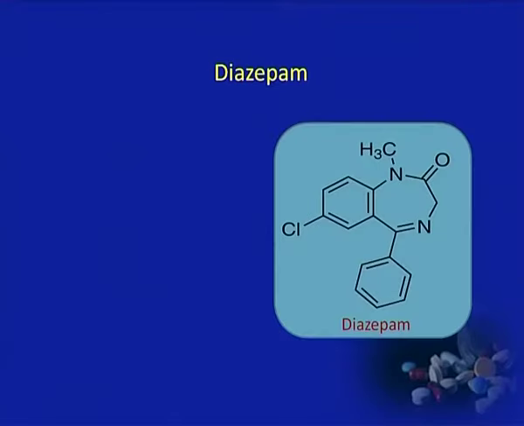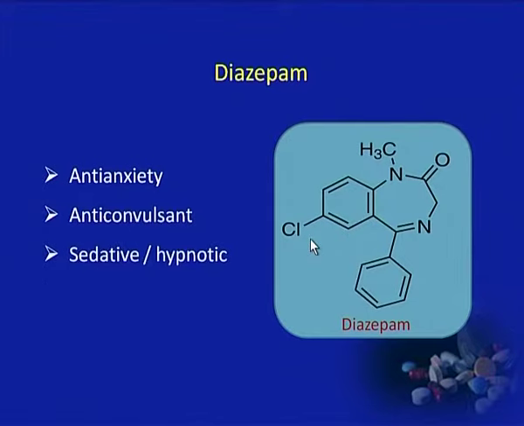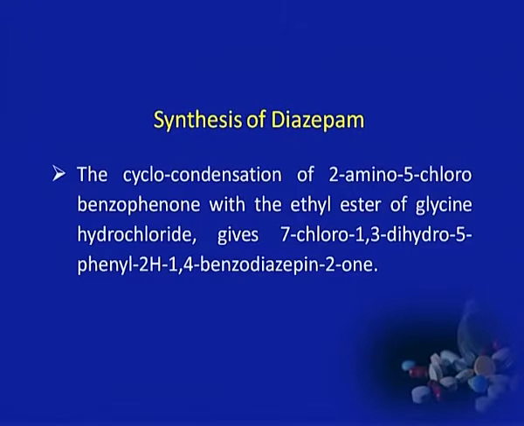Let's discuss a drug, diazepam. This is the chemical structure of diazepam. It is used as an anti-anxiety, as an anticonvulsant, as a sedative and hypnotic drug, and as a skeletal muscle relaxant. Synthesis of diazepam. The cyclocondensation of 2-amino-5-chlorobenzophenone with the ethyl ester of glycine hydrochloride gives